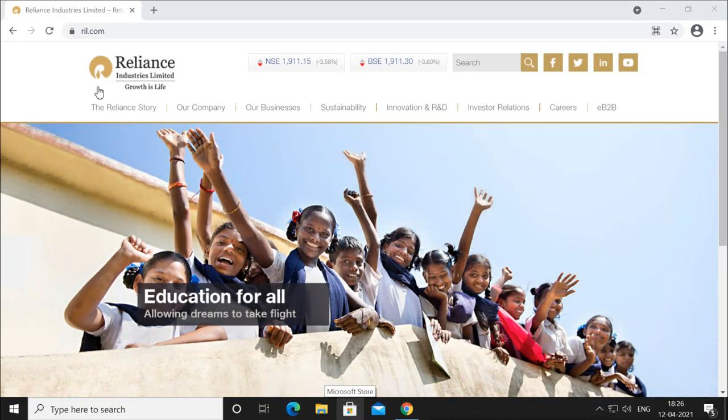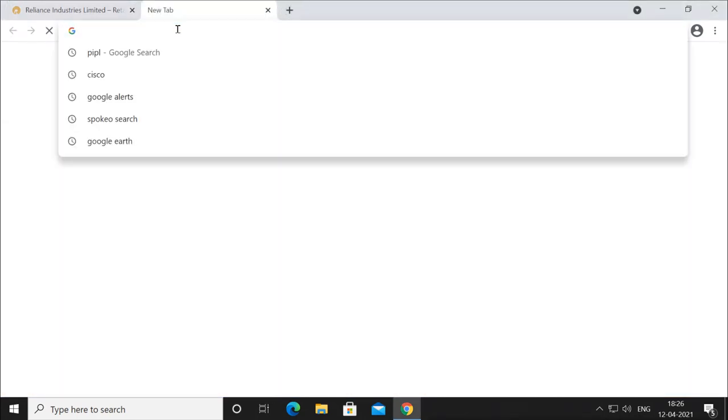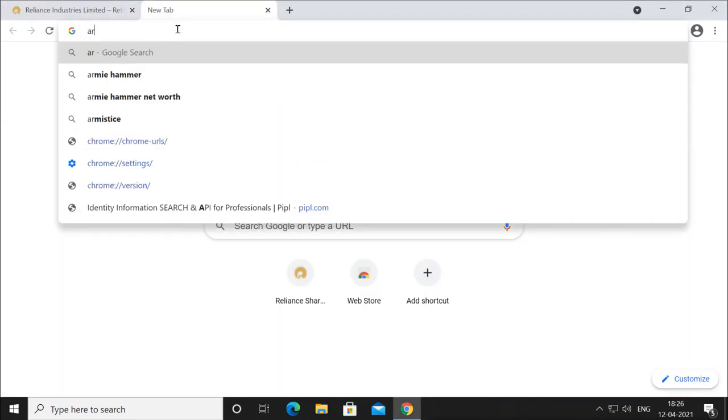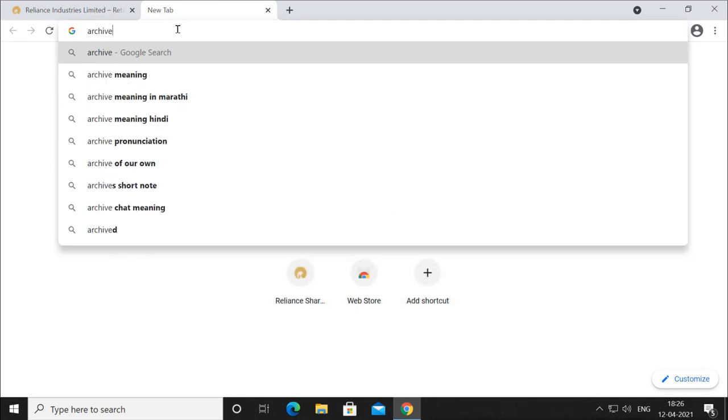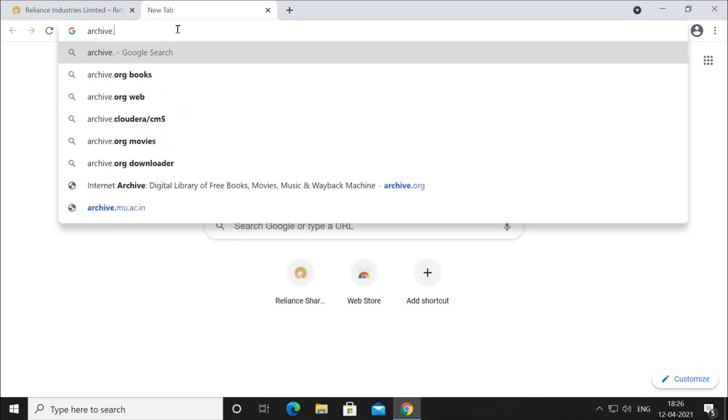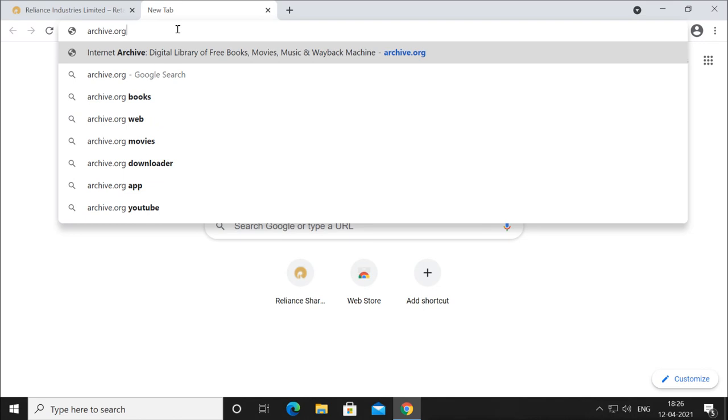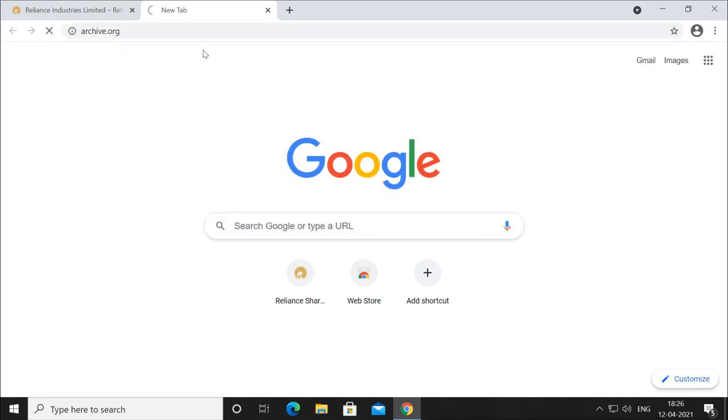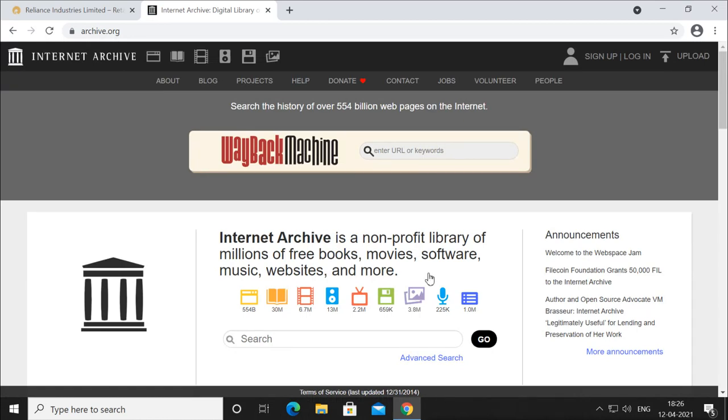So for example, this is the site, this is the latest one. So I will go to archive.org. Now in this we have this Wayback Machine. Here you type the URL of which you want to see the previous version.